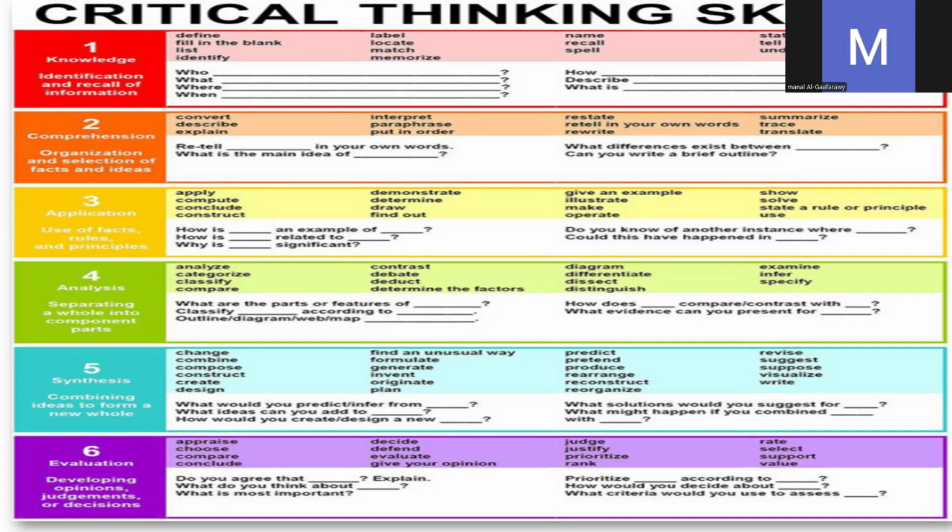And if you look carefully at the action verbs at each level of these 6 levels, you'll find that we have action verbs that work on or demonstrate the thinking skill that should be displayed or gauged at that particular